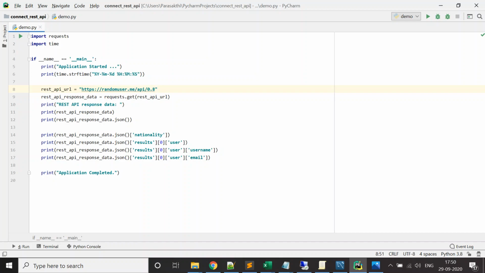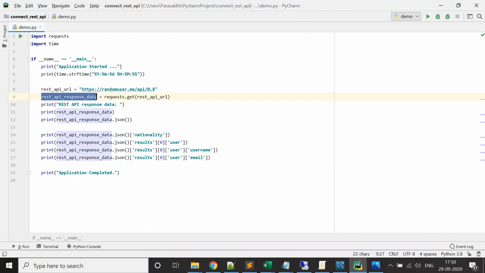In requests, we have a function called get. Basically, when you make an HTTP call or REST API call, there are two requests, get and post. When you want to retrieve data from that API, you use get. When you want to post data to the REST API, you use the post method. I'm going to use the get method in this example, requests.get of URL.